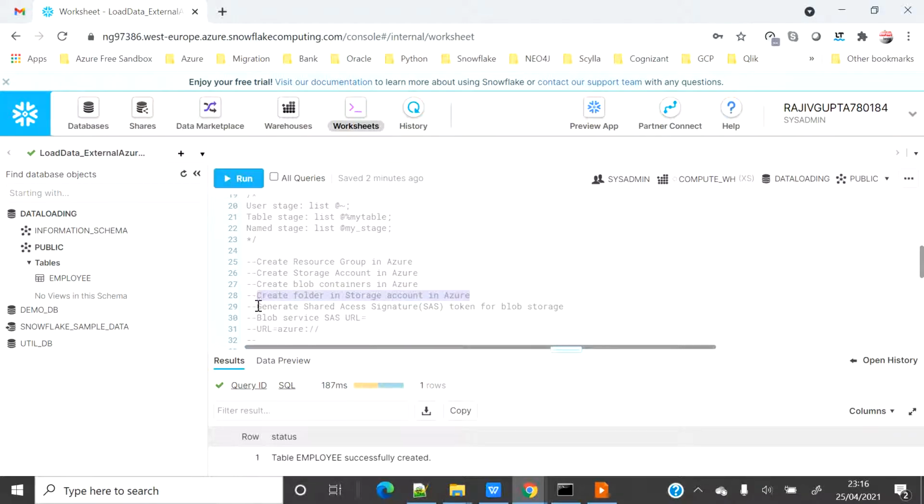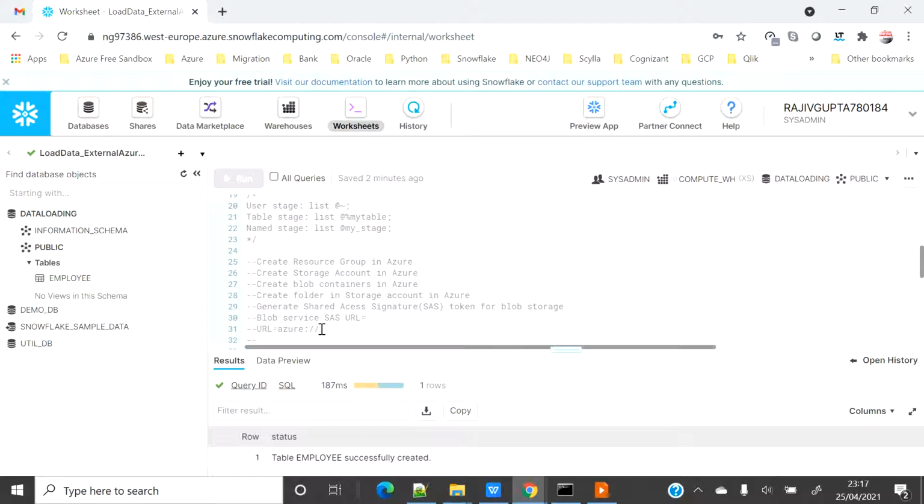Then I will generate the shared access signature, the token for the blob storage, and I will copy two pieces of information from that blob storage: first of all, the URL for the blob storage,